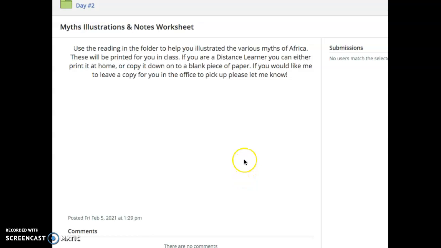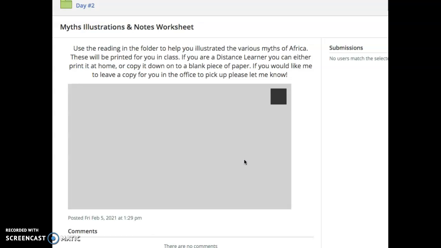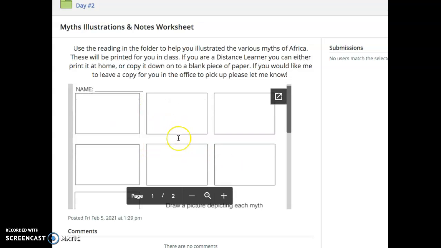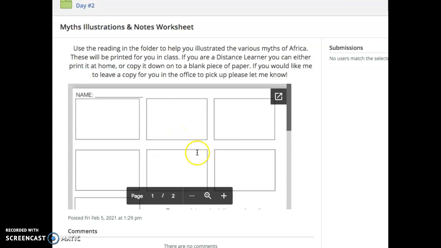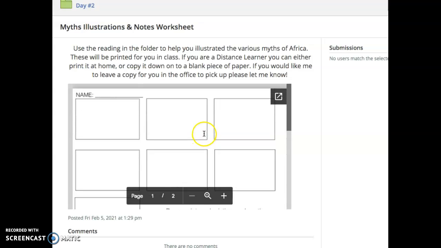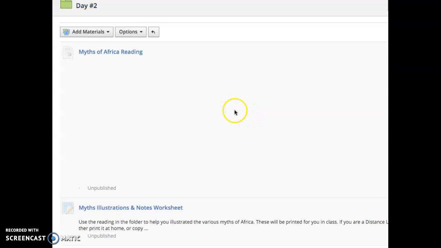Okay, so first on that one side with all the boxes, you're going to just draw each of the myths, each of the 7 that are described in that handout or in that reading in the day 2 folder. Okay, so the reading describes 7 specific myths of Africa. You're going to illustrate, meaning draw a picture of each one, and please color each of the pictures as well. So you're going to not only draw them, sketch them out with a pencil, you're also going to color each of the myths. Okay. Then on day 3,